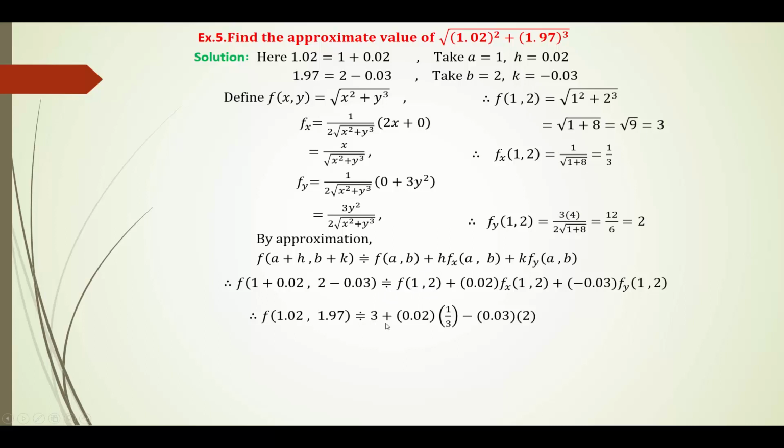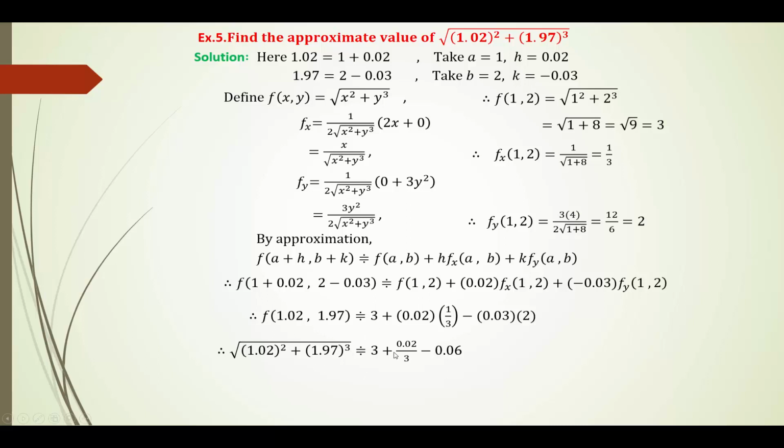f(1,2) is 3, plus 0.02 into fx(1,2). fx(1,2) is 1 by 3. Then plus into minus is minus 0.03 into fy(1,2). fy(1,2) is 2. Therefore, we know the definition of the function is square root of x square plus y cube. So square root of 1.02 square plus (1.97) cube is approximately equal to